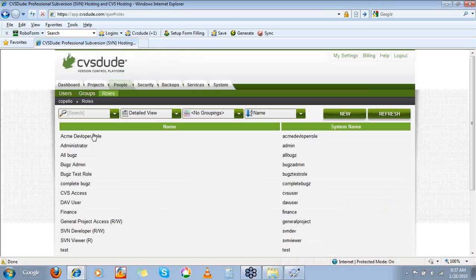So what I've done is, instead of going to 4 separate places to do permission, it just took me about 20 seconds to create a role across all those applications. And as we add more and more services to CVS Dude, you will have the same exact security model that will apply to all these services. So as we bring in more open source products to serve your needs, as we bring in Git and other, then you will have a single